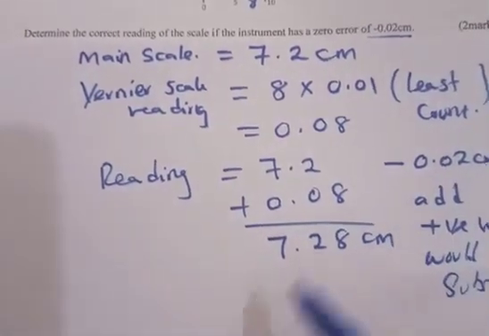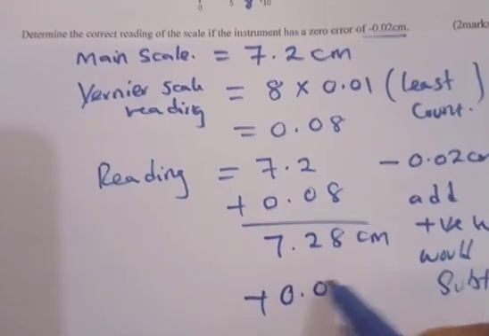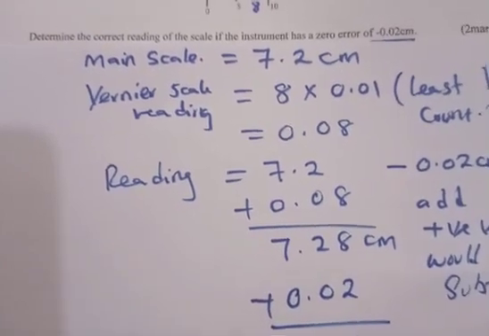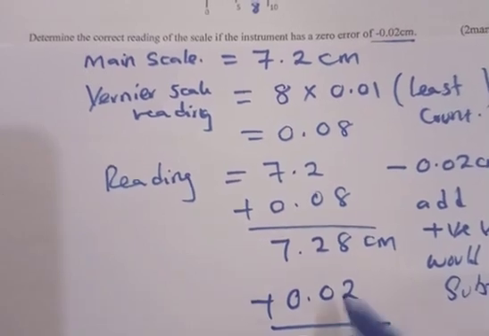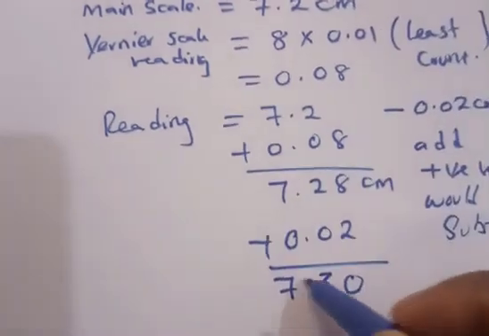So we add 0.02 to our reading to obtain 7.30, and that will be the final reading, 7.30